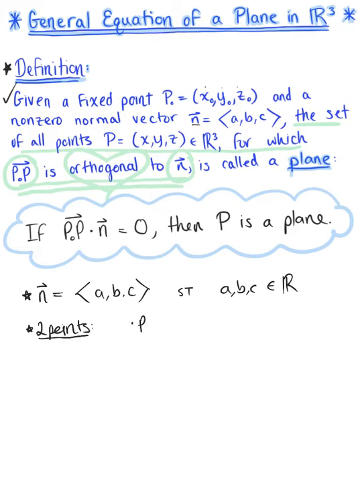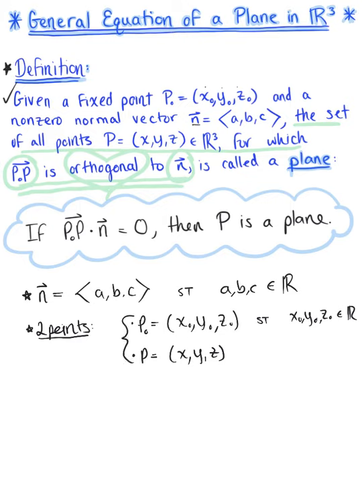We have the point p naught, your initial point, which is x naught, y naught, z naught, and this is again such that x naught, y naught, and z naught are your scalars. And so these are real numbers. Now the other point we have defines the general variables. P is the arbitrary ordered triplet x, y, z. So we need to establish or define the coordinates, the components of our vector, p naught p, using these 2